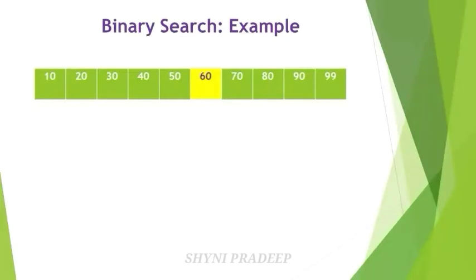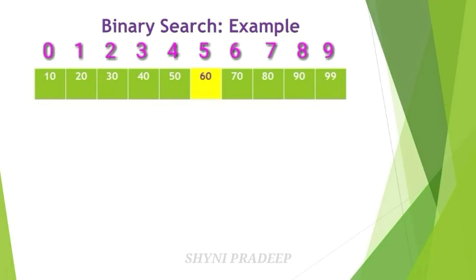So let us see one example. This is the array. The collection of elements is given here. The index positions of these elements are 0, 1, 2, 3, 4, 5, 6, 7, 8, 9. These are the index positions. You can see here the elements are sorted, which means elements are given in ascending order, lowest value to highest value, okay. So the list of sorted elements is given in the list. Now let us assume, suppose you are going to search the element 60, okay. You have to find out the index position of this search element using binary search.